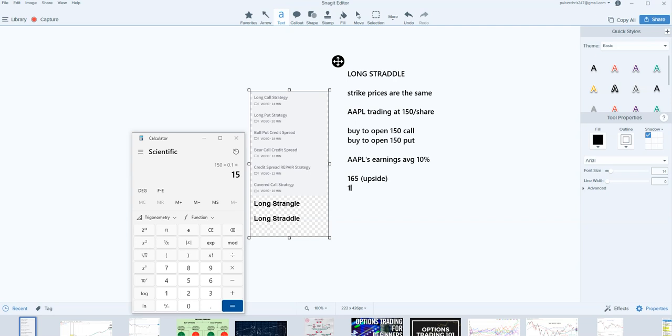That means that I've got 165 on the upside, I have 135 on the downside. If my long straddle is going to cost me $15, I don't want to take that trade. Okay? So basically, if I'm going to take an at the money, it's probably going to cost me $6 to $8, maybe even $10 for this trade. But the probability of profit remains. If Apple hits its average earnings move of 10%, which is $15, if I paid less than $15 on the debit,